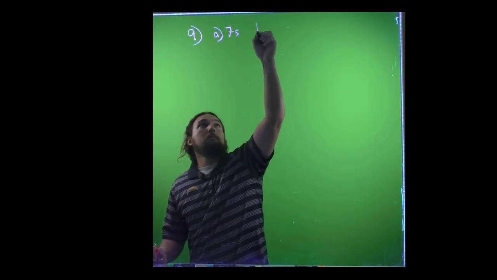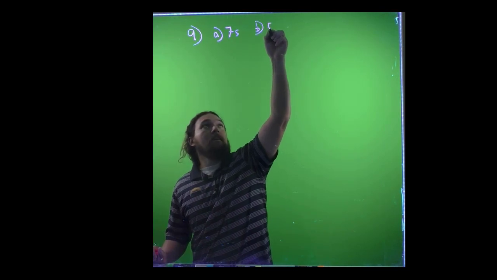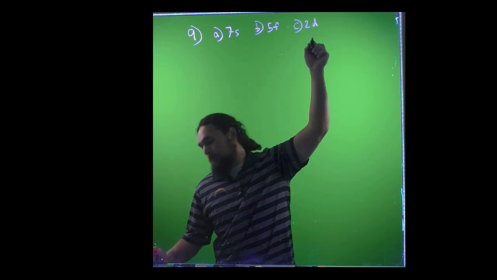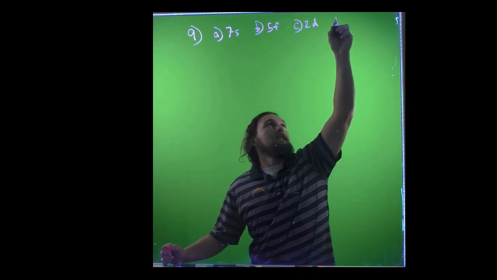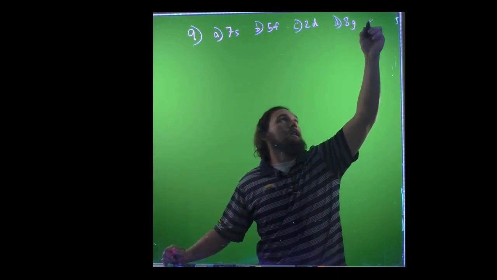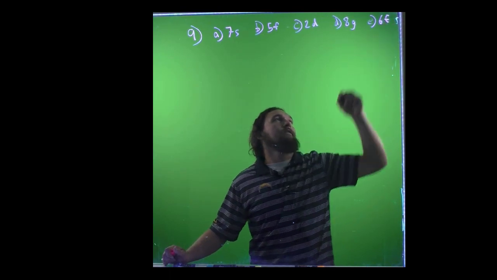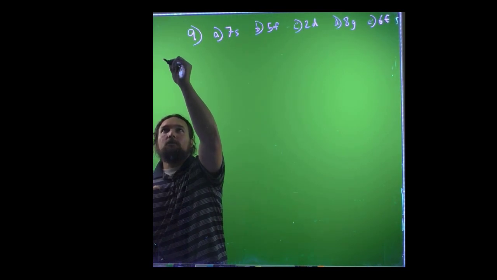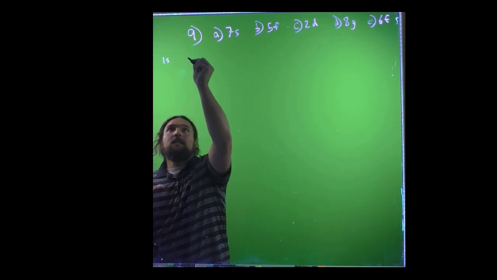Okay? Next problem, number 9. Which of the following orbitals cannot exist? A, 7s, B, 5f, C, 2d, D, 8g, or E, 6f. Okay? So if we think about this, the s orbitals start off with 1s,